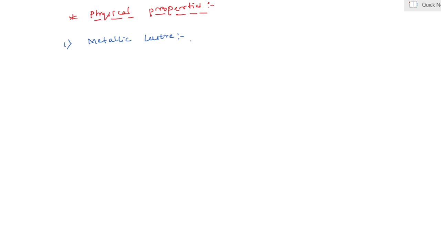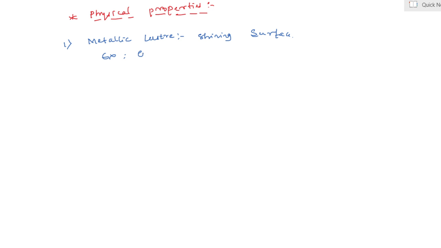It means in pure state metals have a bright shining surface. This property is called metallic luster. Example,